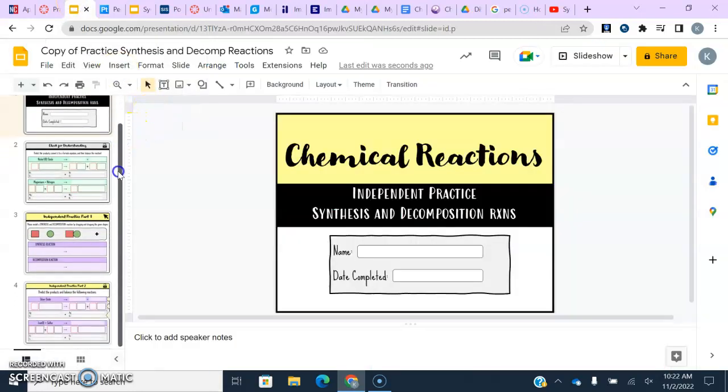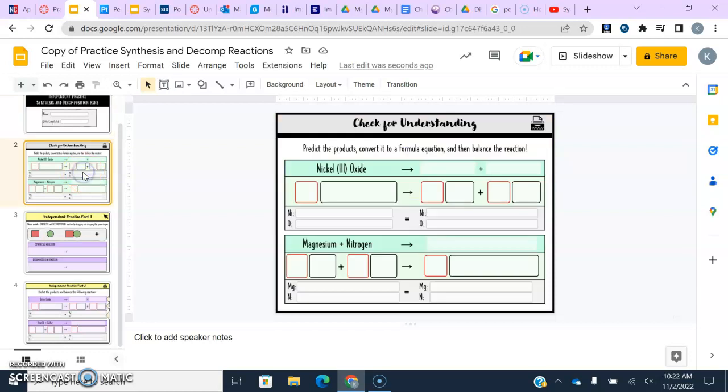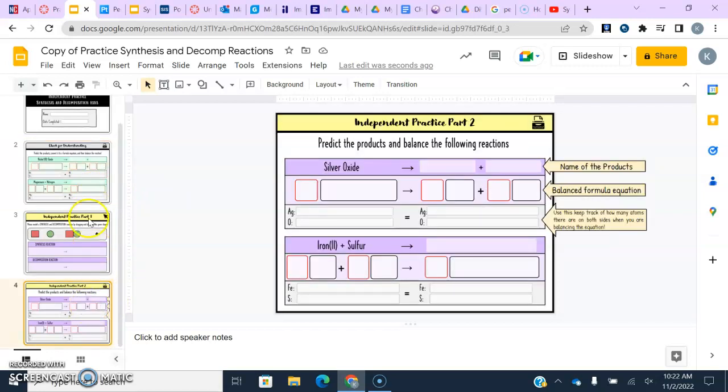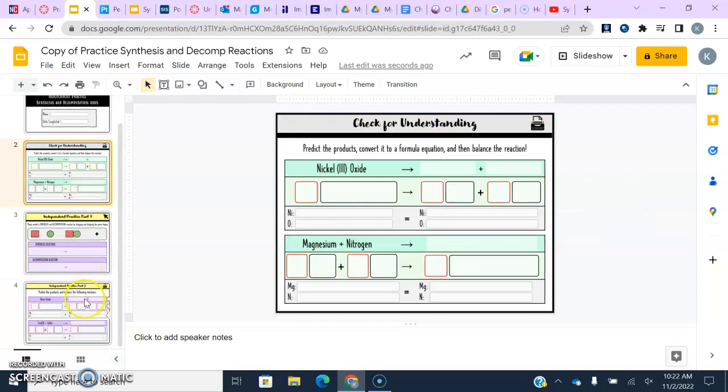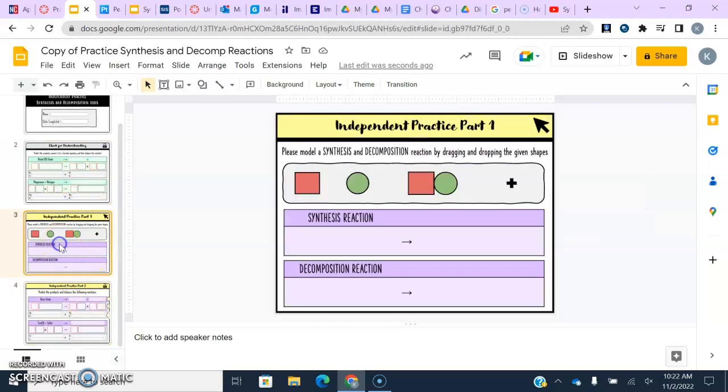And now there are a few slides here. I'm going to do the first slide with you guys. There's a synthesis and a decomp on each one. So I'll do this one, which looks almost exactly like your third one, so this one will serve as an example for this last slide. And then this middle slide right here is just asking you to show a synthesis and a decomp reaction using